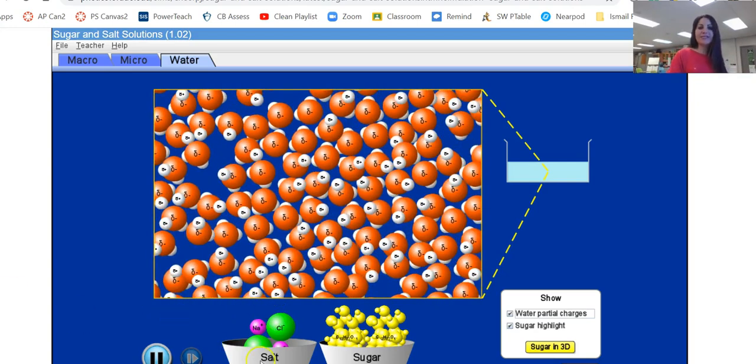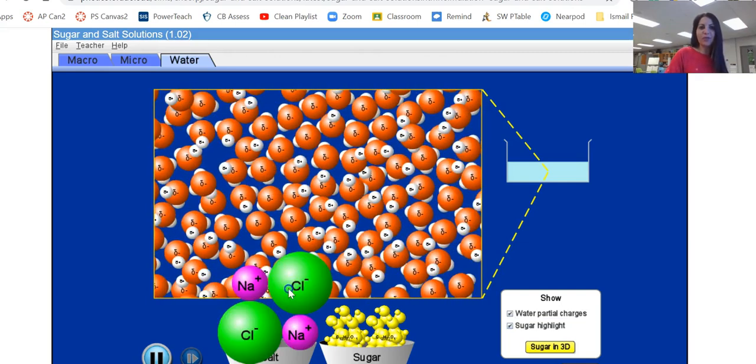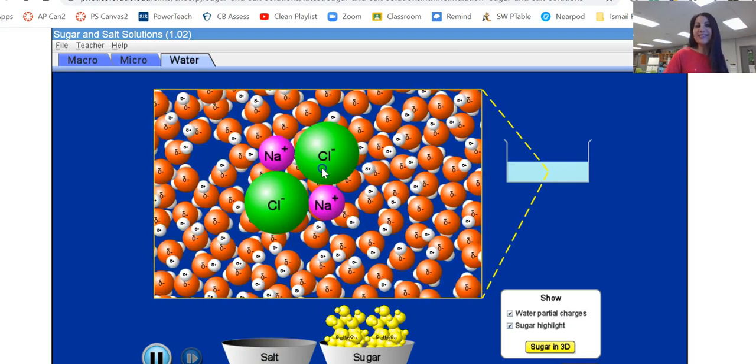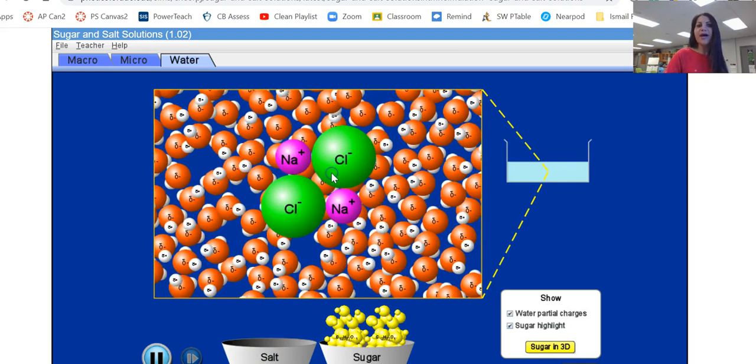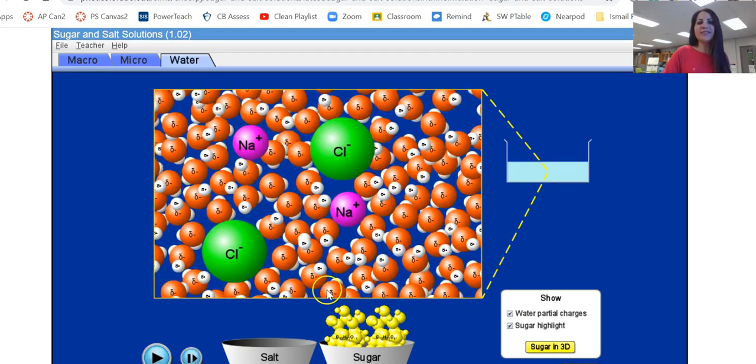So I've got some salt inside of this bowl, and we're going to drop the salt into the water. And what you're going to notice is this is going to dissolve the salt, but it is also going to ionize the salt. If we pause this, we notice the positively charged sodiums should have negatives, which are these red oxygens. That's what actually pulls those sodiums apart. And the negative chloride should have the positive white hydrogen part of the water molecule